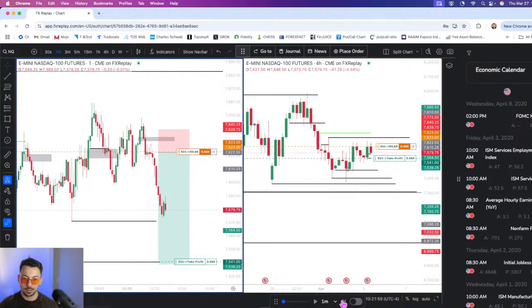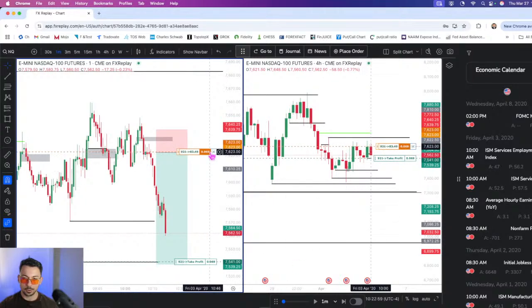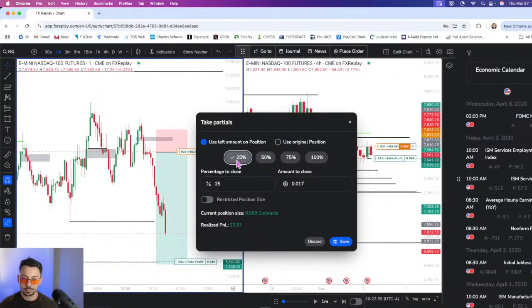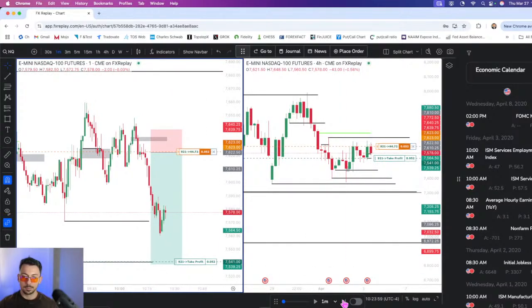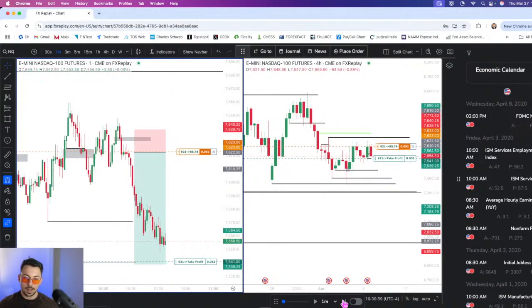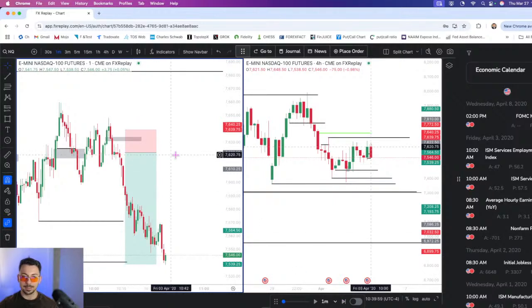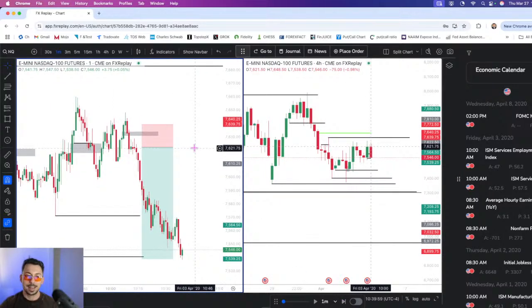Okay. Beautiful. So let's partial again. And full TP is going to be down at the lows. Let's see if we get it. And bang, let's go. Let's go. So this is a beautiful trade right here again.